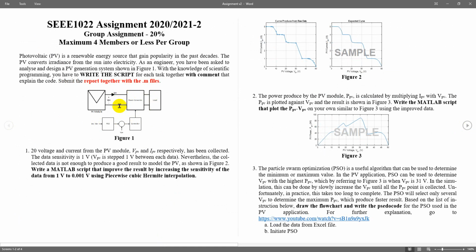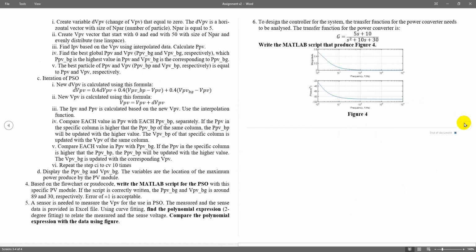This power converter is a boost converter, maybe a buck converter, depending. The converter has a transfer function, so this is the transfer function.